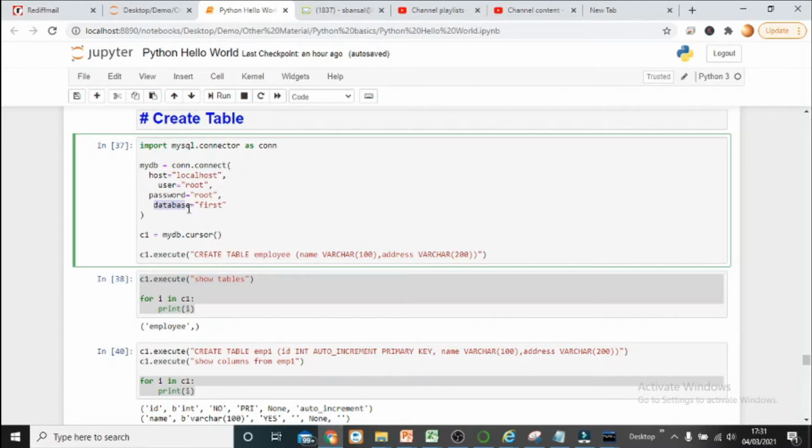So for the default database, in the connection itself we can provide the default database in the same command, right? So the parameter is database. So database is equal to first, that means first is the database which we are making the default. Then after that we create a cursor over this connection,